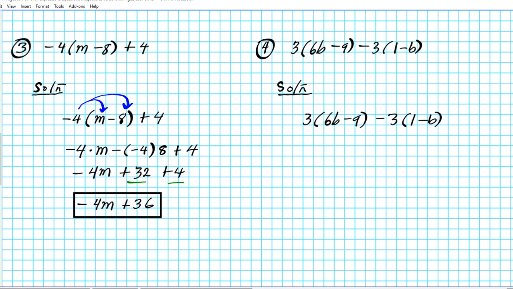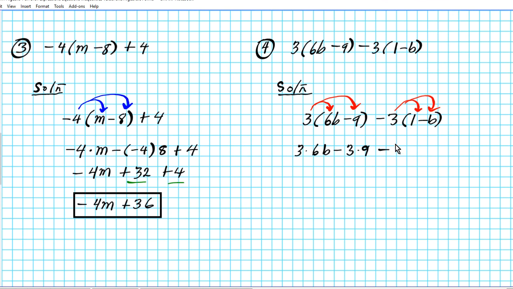So what we're going to do is distribute, okay? So 3 gets distributed to 6b and negative 9. And then negative 3 gets distributed to 1 and negative b. Alright, let's see how it looks like. So we're going to have 3 times 6b minus, and then the 3 again times 9